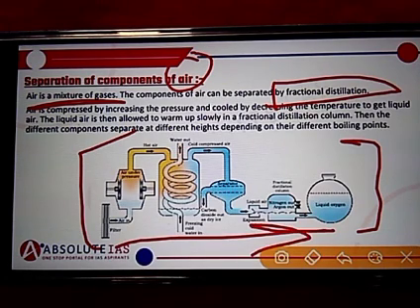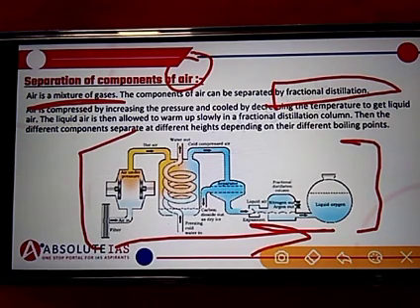Now we have studied the process that is distillation. Two substances, or any number of substances, separate from each other by having different boiling points. Thus air is formed of different particles, so we compressed it by increasing the pressure and then got liquid air, and the particles in it are separated using the technique of distillation, which is that they have different boiling points, so they will separate easily.